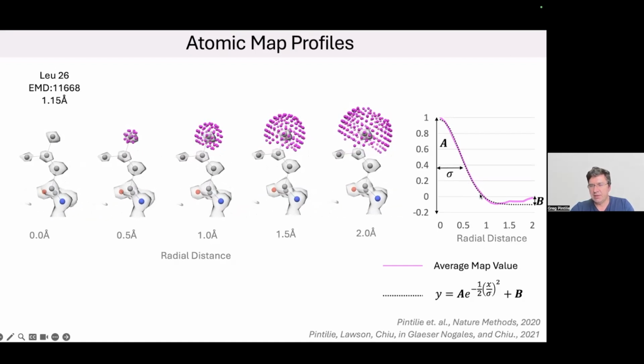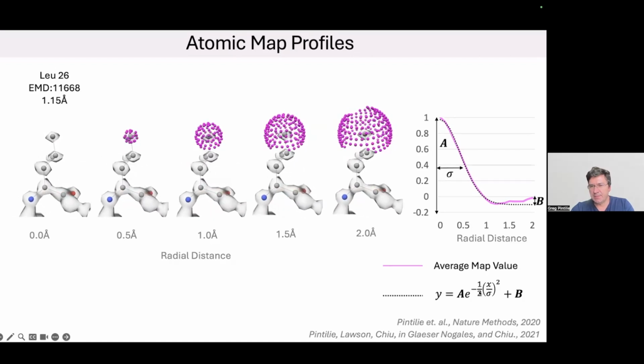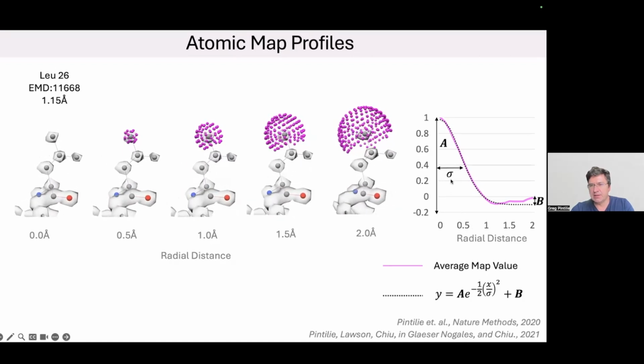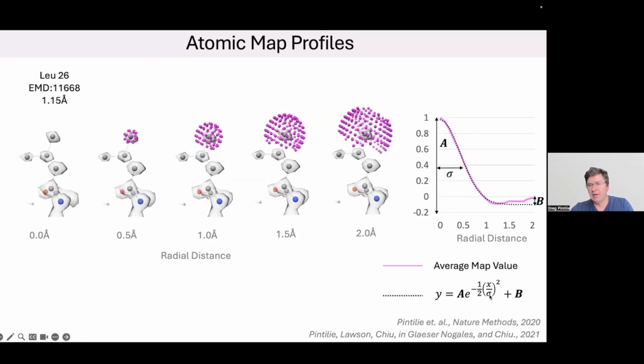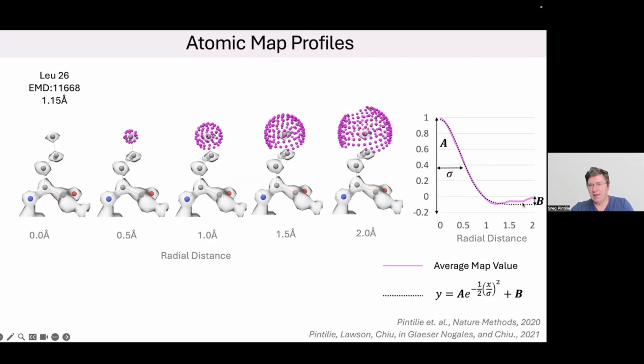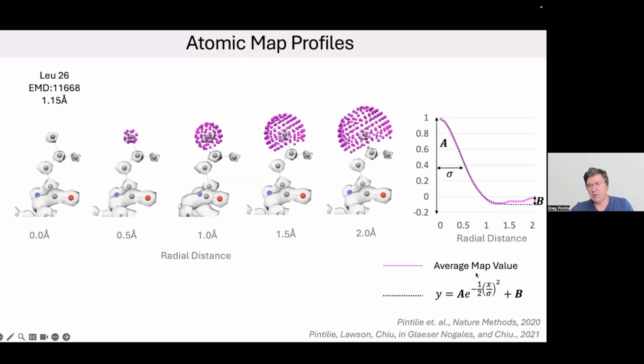So a Gaussian has this formulation, it's an exponential, and the parameters are this sigma, which gives you the width of the Gaussian. It's often referred to as the width. And we have these height A and B parameters. So A and B,